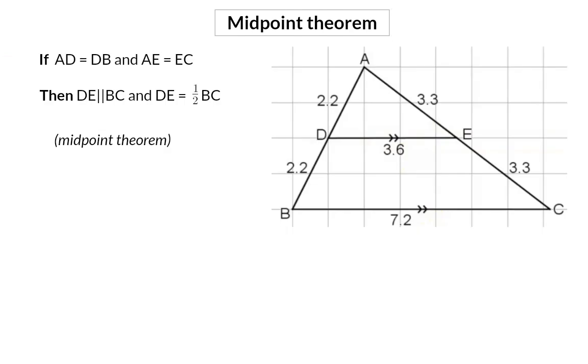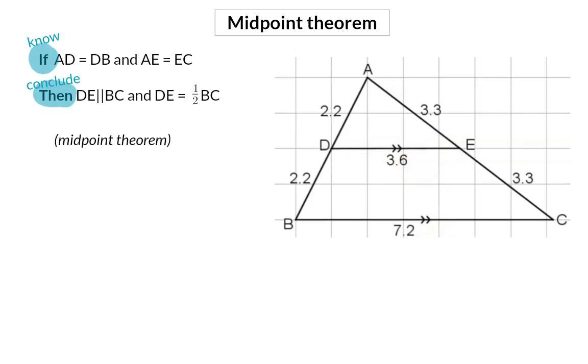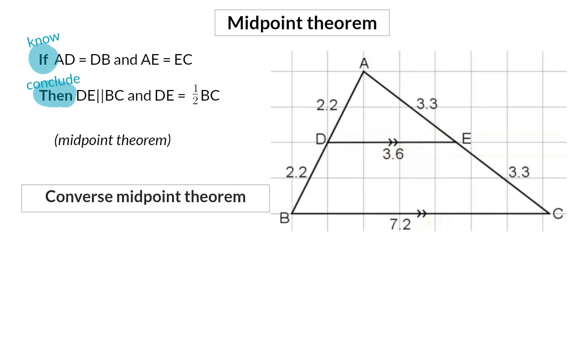Every theorem's converse is also true. That means the if and the then, or the part that we know and the conclusion that we make, will be swapped around. So in this case, the converse midpoint theorem says that if I know that a line is drawn from the middle of one of my sides, and this line is parallel to another side of the triangle,